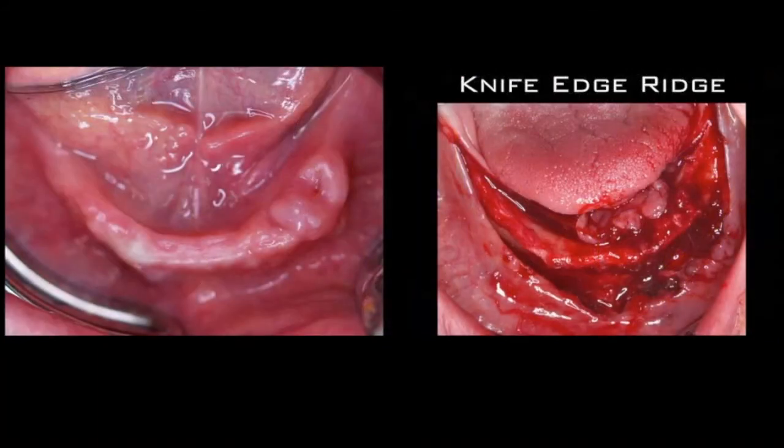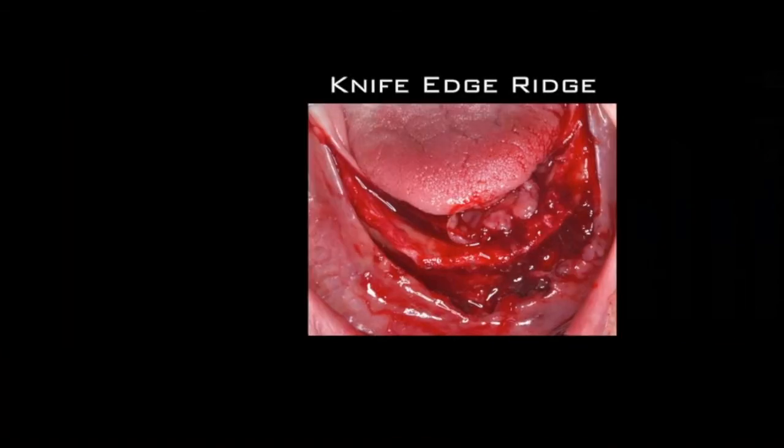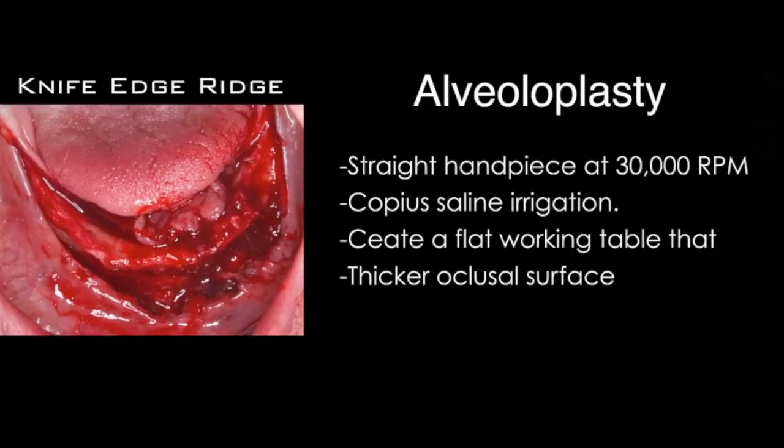Whenever you're going to raise a flap, most of the time you're going to find a very thin ridge where you're not going to be able to place implants. Therefore, performing alveoloplasty to make that ridge flat is going to be very important. You're going to have it on your treatment planning sheets and your motor sheets. Use a straight handpiece at 30,000 revolutions per minute with a lot of saline irrigation. It's going to be very helpful to create a table that's flat, with a thicker occlusal surface,